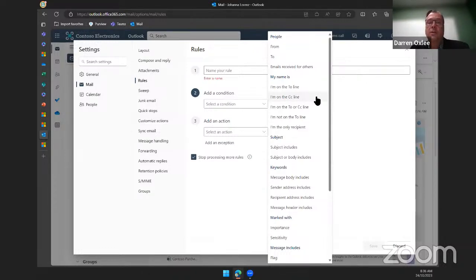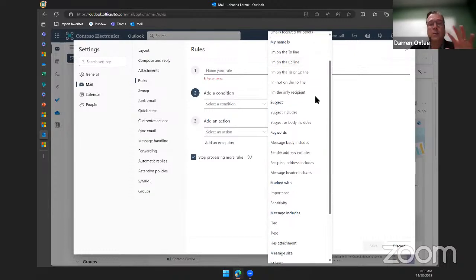The other one that's really interesting is you can set mails from specific people. So for example, I have a rule for my boss. So my rule from my boss goes into a specific folder, and it remains unread. That's another really good rule: if you get email that comes in that you really don't care about, but you do get it regularly and may want to reference, I move it, but I also mark it as read so that I know that there's nothing to go against. So there are all kinds of things that you can do.